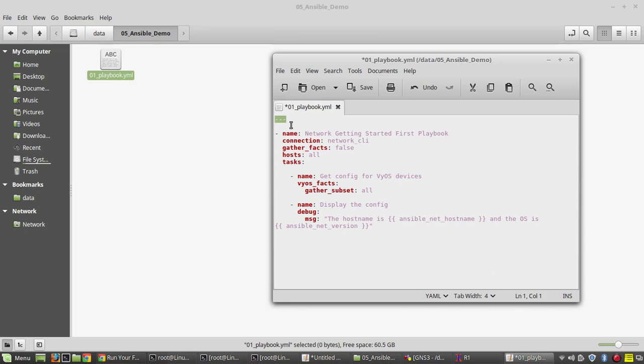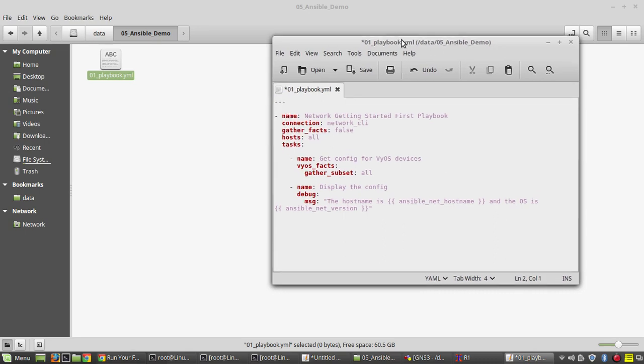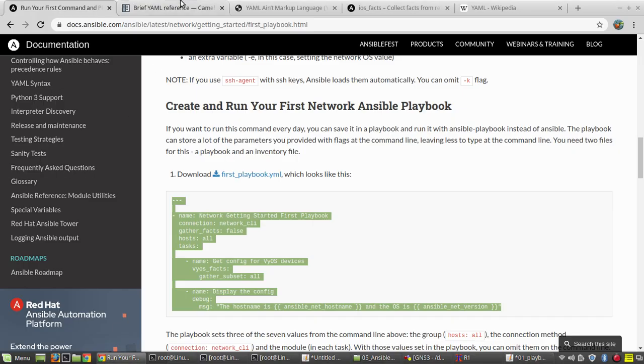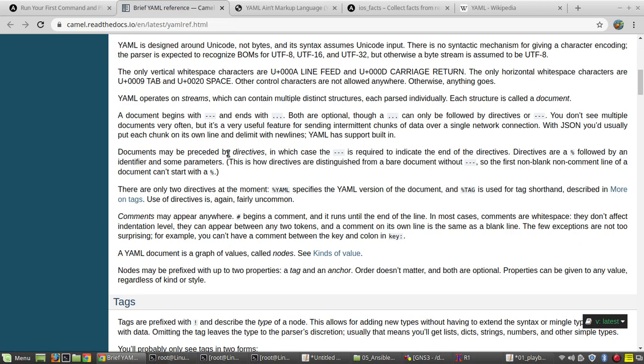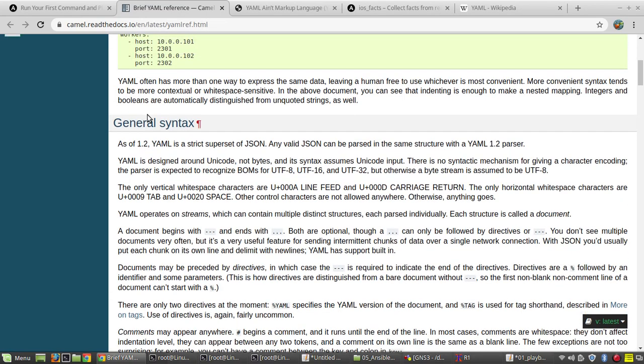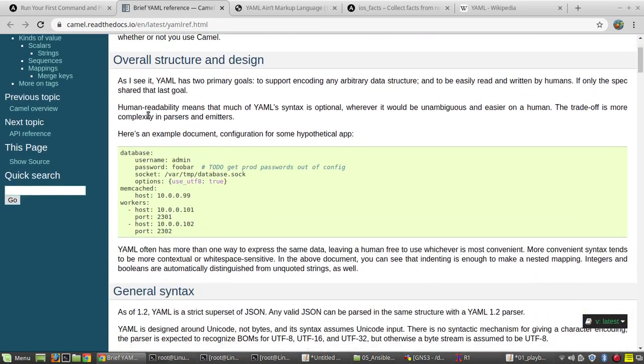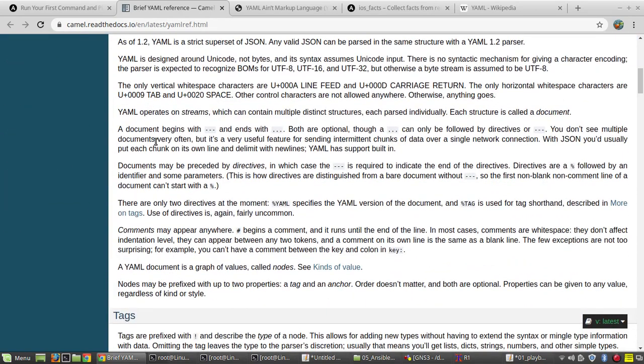First, these 3 hyphens, let's see what that is. For that we'll go to the YAML documentation. Here you can see some brief information about YAML. A document begins with 3 hyphens and ends with 3 dots.